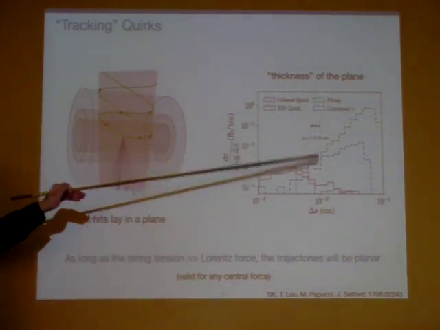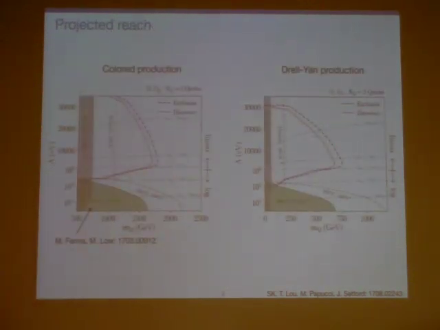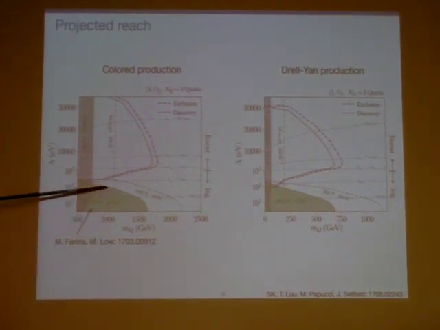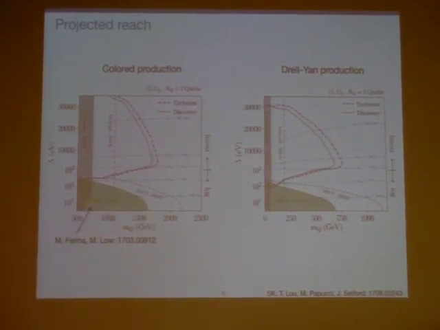So once you have those few background events, if you're actually doing a fit through this, you can also kill those as well offline. And so essentially this is the essence of what a reach for this type of thing is. This green curve here is the current constraint from HSCP searches. So this means that